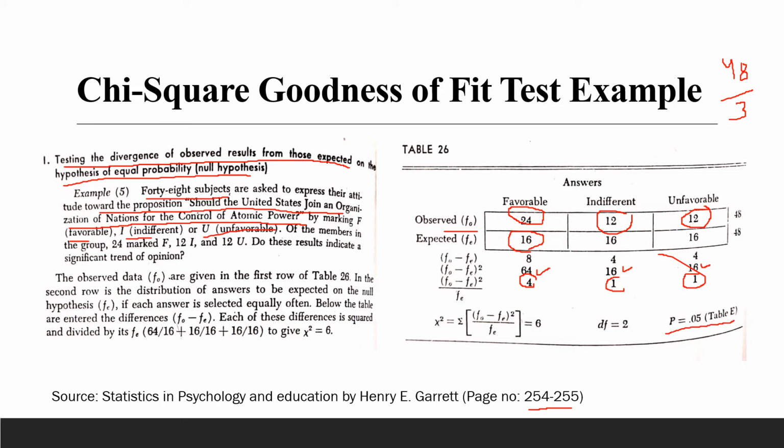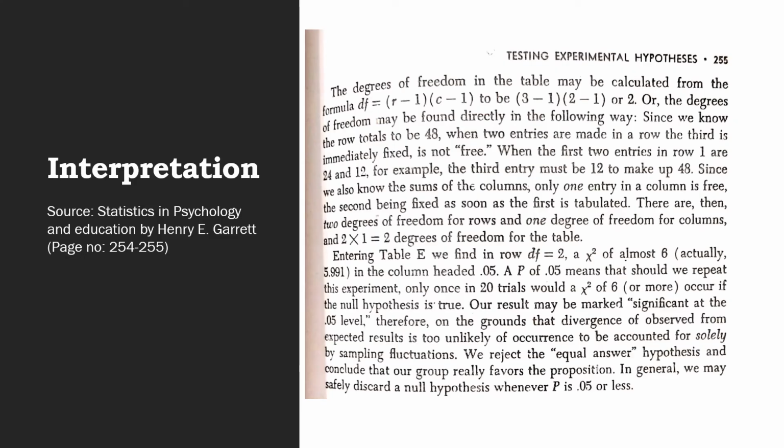So on the basis of our result, we find it's significant, because our chi-square value is 6, and the degree of freedom, obviously, there are three opinions, so n minus 1, the degree of freedom is 2. Now we go and check the table. We can calculate in this manner as well, rows minus 1 and columns minus 1. So there are three rows and two columns. So again it's 2, our degree of freedom. On the basis of this table we can see that our result is